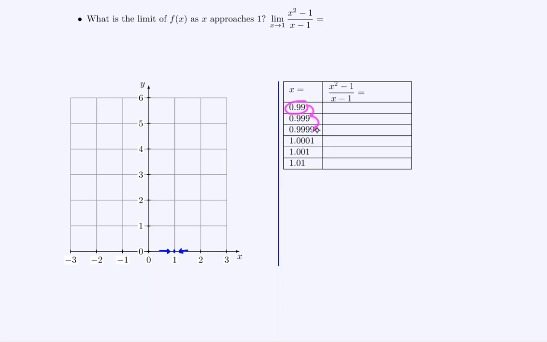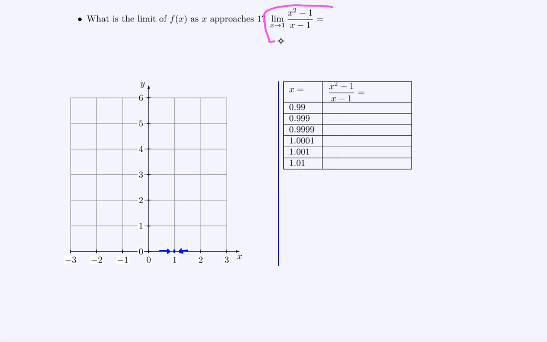That's approaching from the left. That would be like the left-hand limit. If there's a trend that emerges here, that's our left-hand limit. And then I choose values that are larger than 1, starting at 1.01, and then getting closer. These 3 points are trying to get us the pattern for approaching from the right. So if there's a trend here, and a trend here, and they agree, then that's going to be the idea